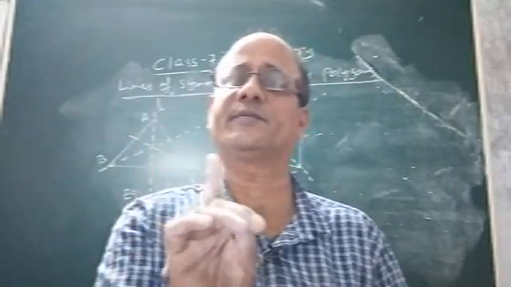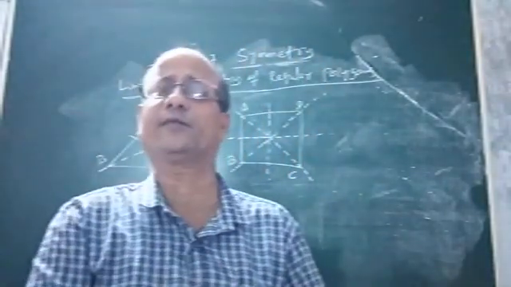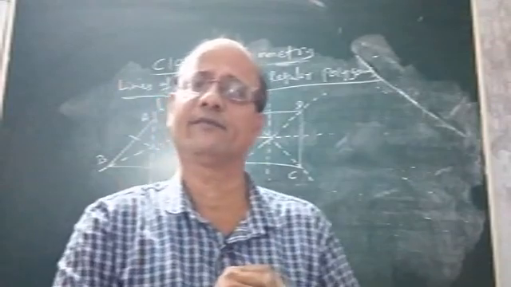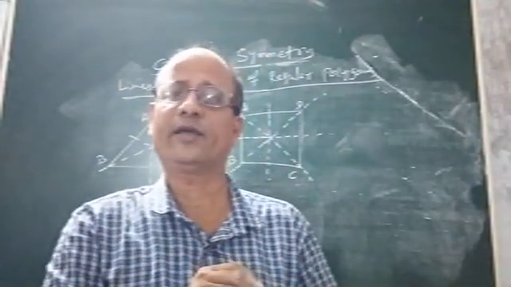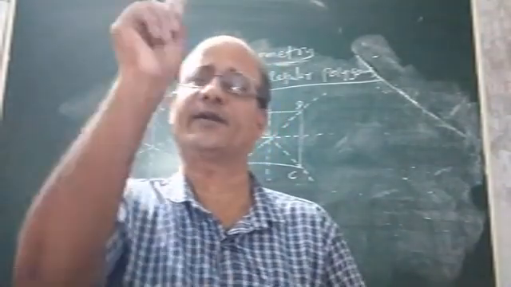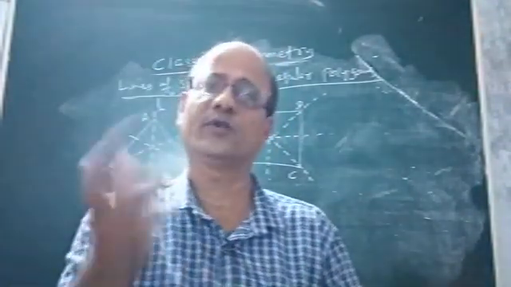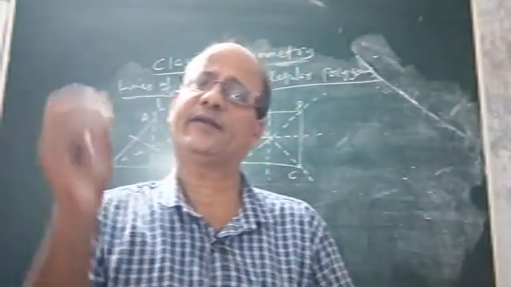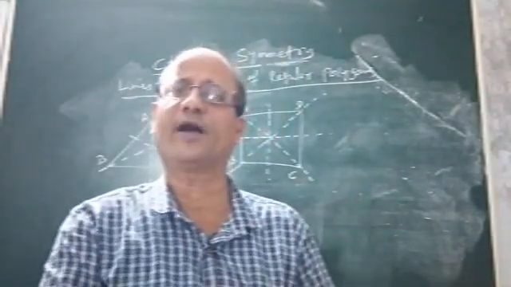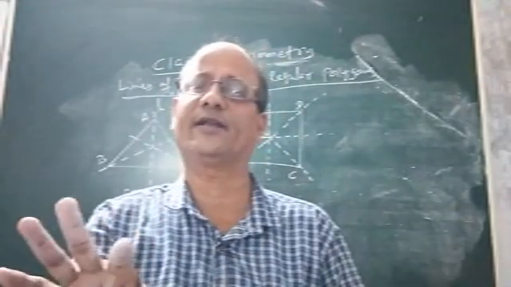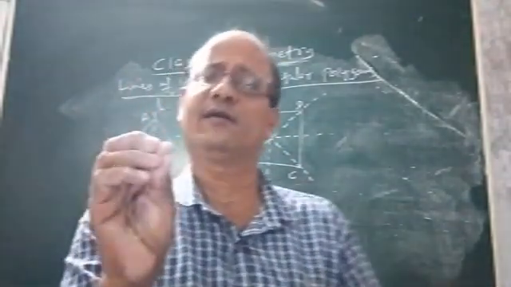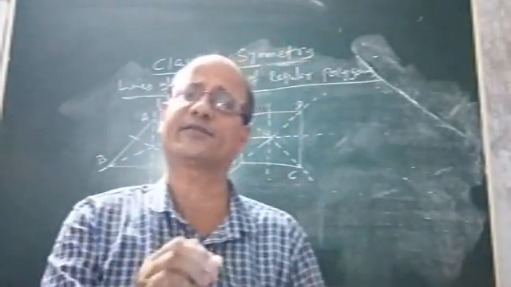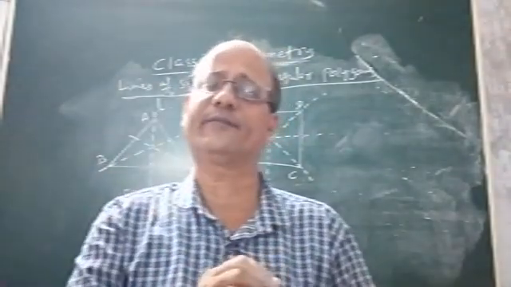It will have only one line of symmetry, because about that line, if you fold the two parts of the isosceles triangle, they will coincide. Similarly, in case of an equilateral triangle, we found three lines of symmetry. The bisector of each angle will give you one line of symmetry. Then I said a scalene triangle has no line of symmetry, as all its sides are of different length. Then I discussed whether a right triangle, obtuse triangle and acute triangle have a line of symmetry or not. Then we discussed how to find the line of symmetry of a quadrilateral.